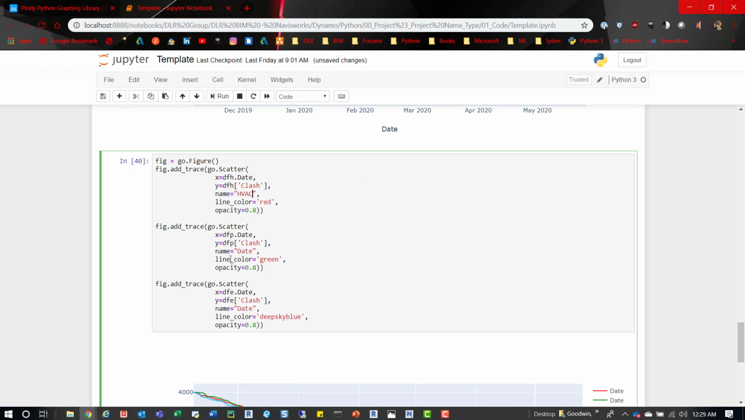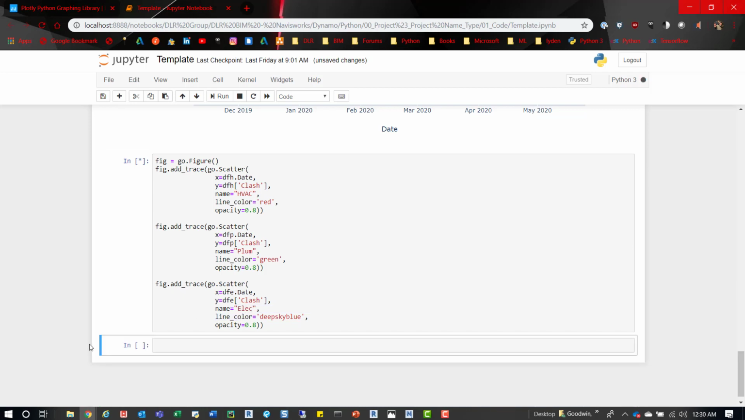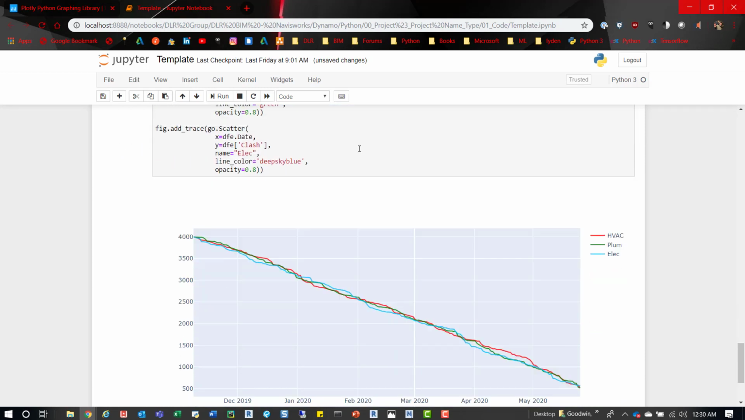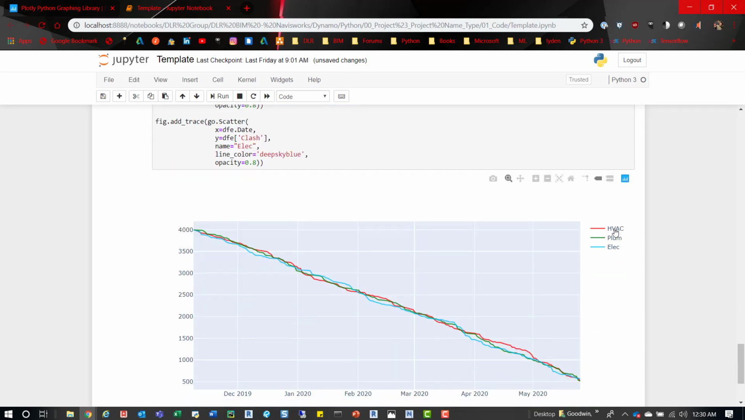And then this one is the plumbing. And then this one is the electrical. And what we'll do is do Shift Enter, that'll run it. And then down here, that little legend to the right, you can see now reach HVAC, plumbing, electrical, instead of